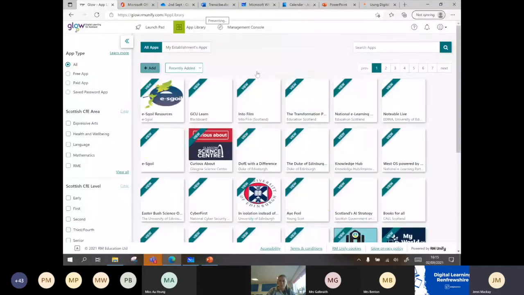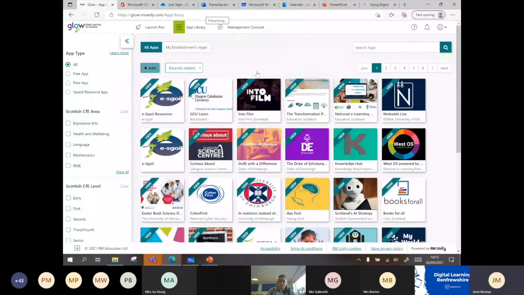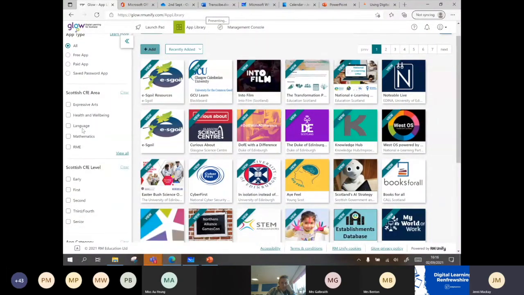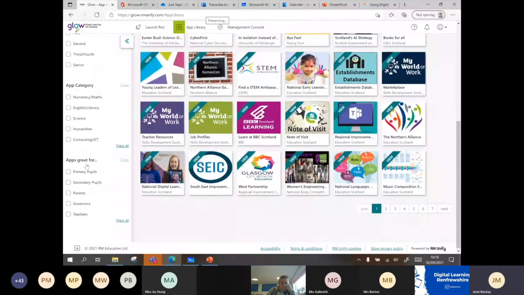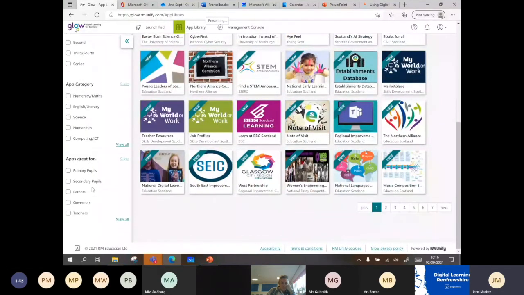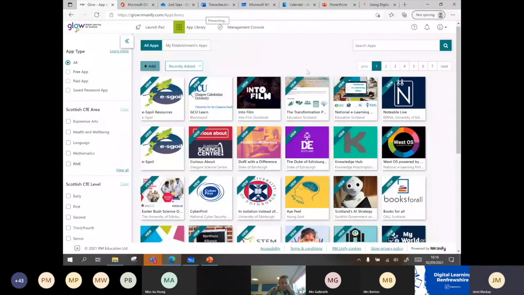It's restricted to educational resources. And at the left side of your screen, you can see whether they are free or paid. You can choose by curriculum area, level, and so on. You can also search up here in the right-hand corner. Hopefully my screen is just going to catch up with me. There we go. So up in that top corner, if I search 365 for Microsoft resources,